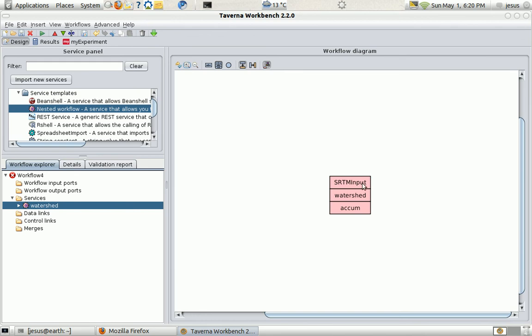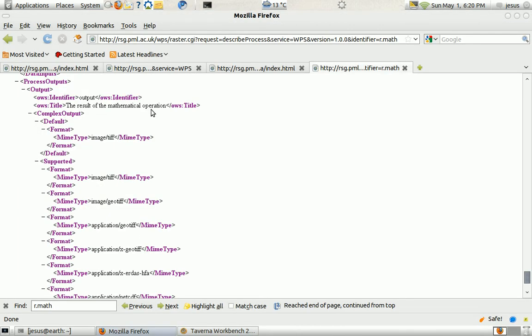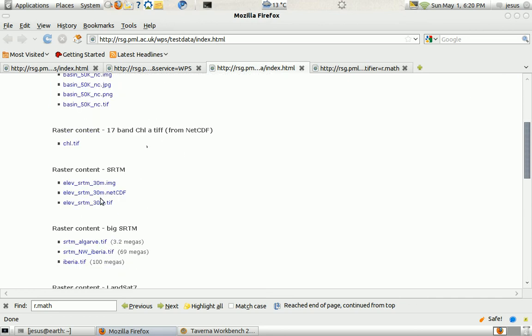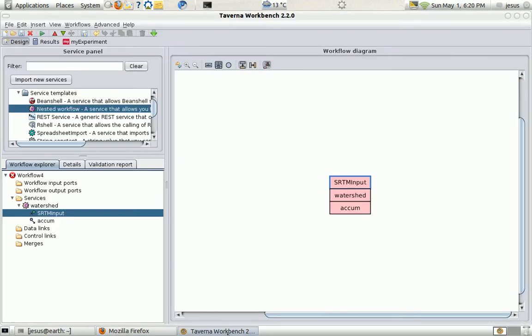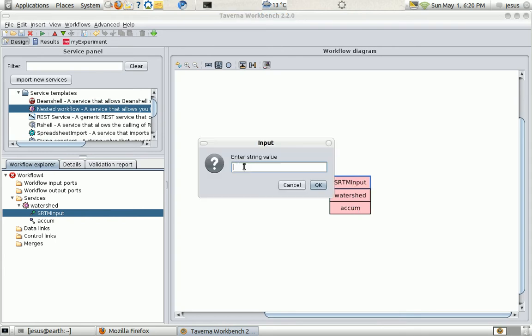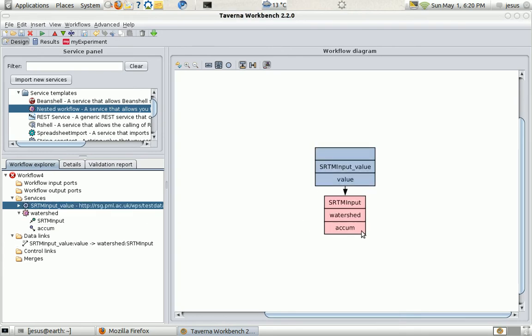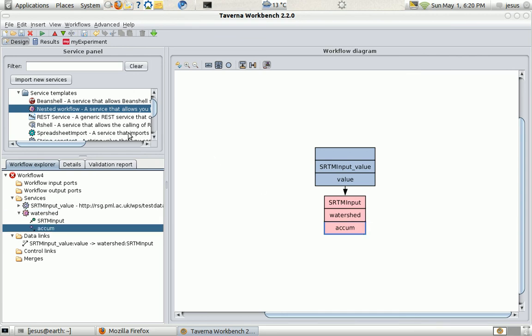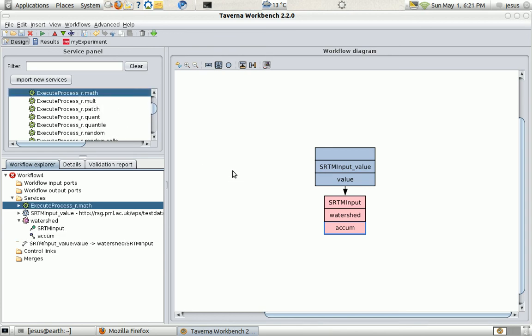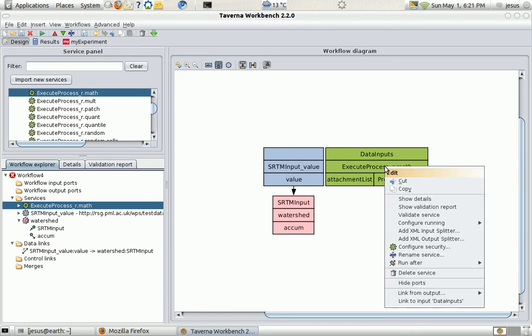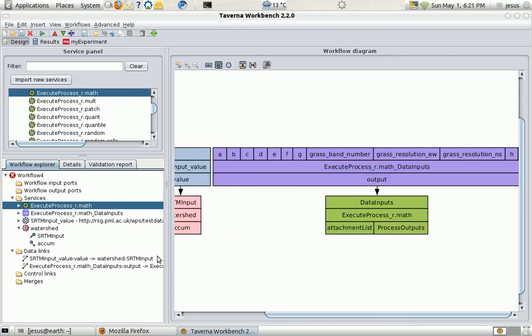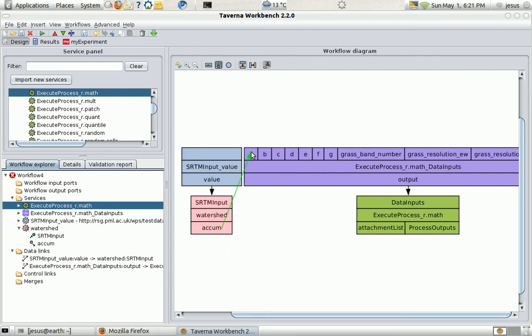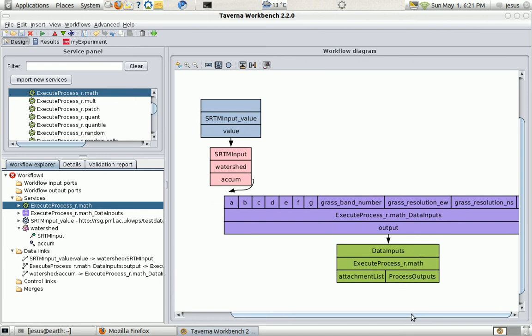I'm going to get a water accumulation flow image from this service, and for that I need to pick up an input. Okay, I'm going to pass it to the service or workflow. Okay, and now I'm going to use r.mapcalc to run a calculation on the return image. I'm basically going to cut any pixels that are below a certain threshold, and I simply have to check the inputs, and I'm going to say that my image is one input to the service, A,